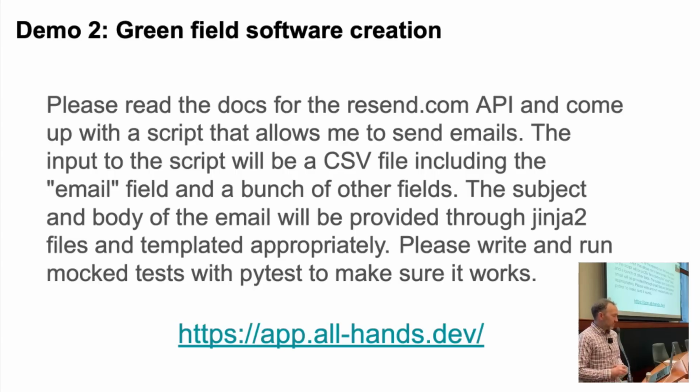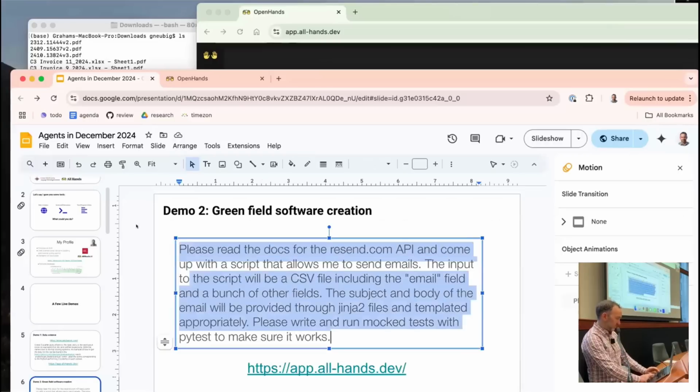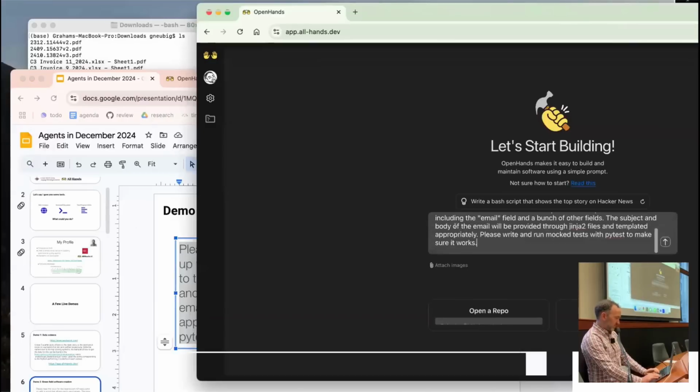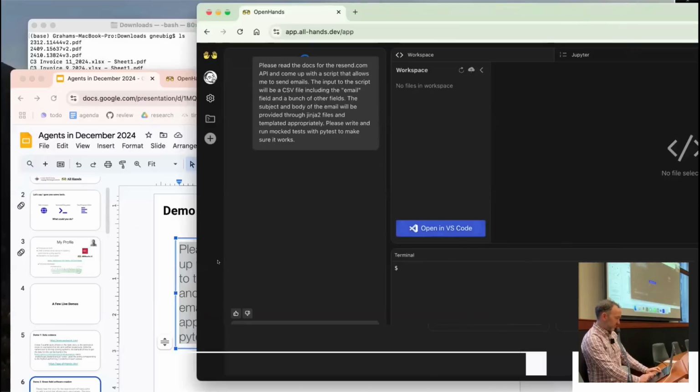And so I'm going to ask it to read the docs for the resend.com API and come up with a script that allows me to send emails. The input to the script should be a CSV file, and the subject and body should be provided in Jinja 2 templates. So I'll start another agent and try to get it to do that for me.